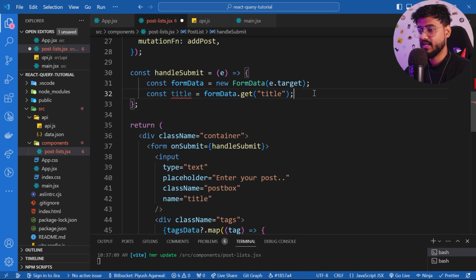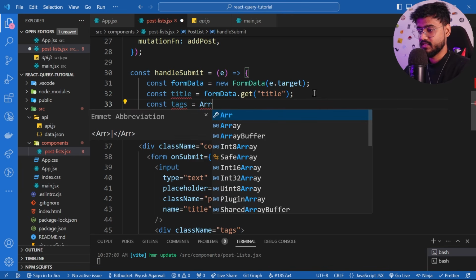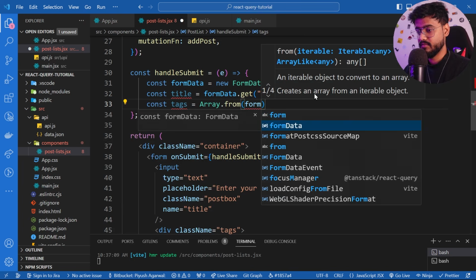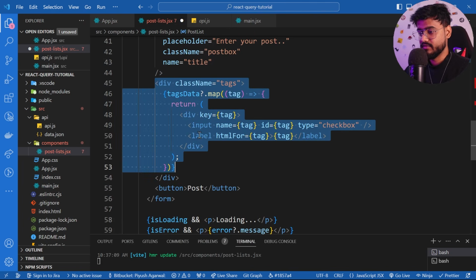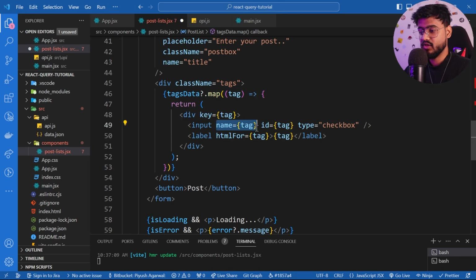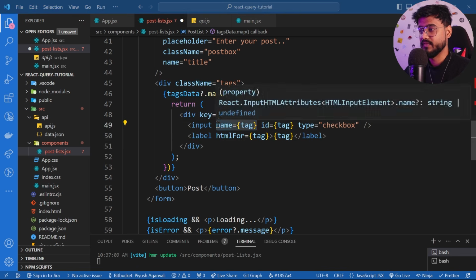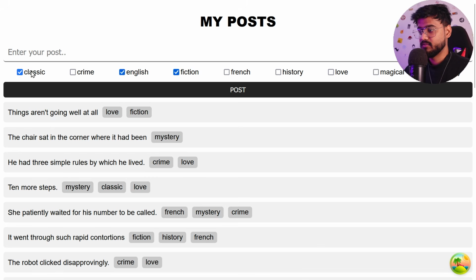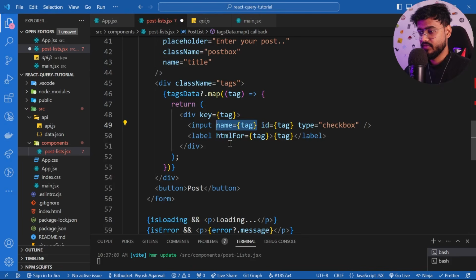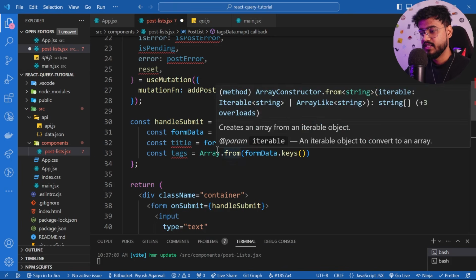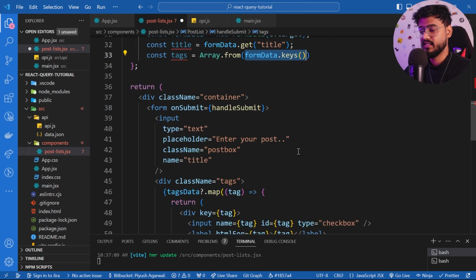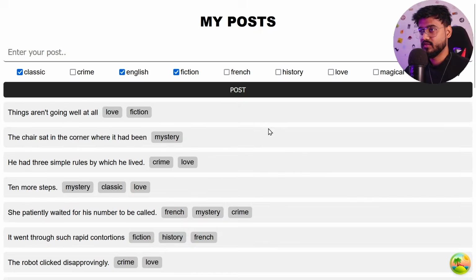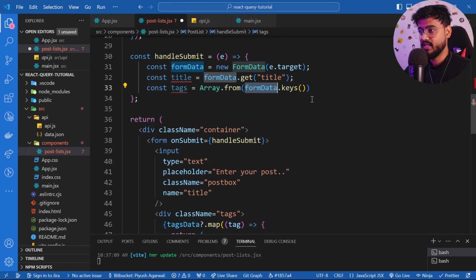And similarly for our tags as well, I'm going to say const tags. I'll say array dot from form data dot keys. So let me show you something why I'm doing this. So over here you can see we have this input field with the name tag. So all of these tags will have different names, like classic, English, fictions, but we want them all inside of one single array. So to do that, what we're doing over here is I'm saying array.from, which creates an array from an iterable object. So this will create an array from these objects. So I'm taking all of these keys, like all the keys inside of this form data, which will contain these keys as well. And what I'll do, I'll just say simply